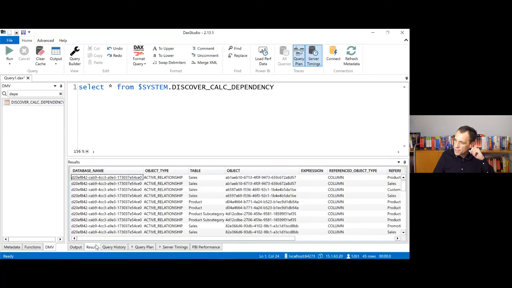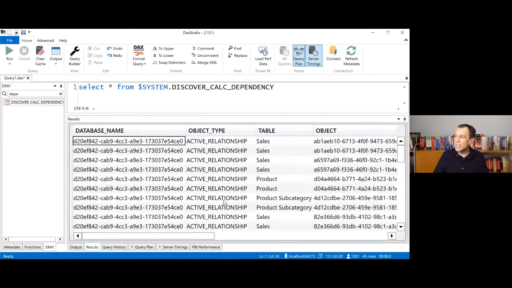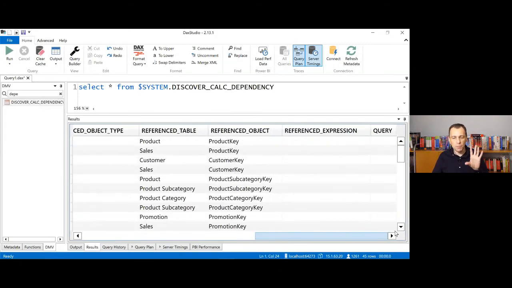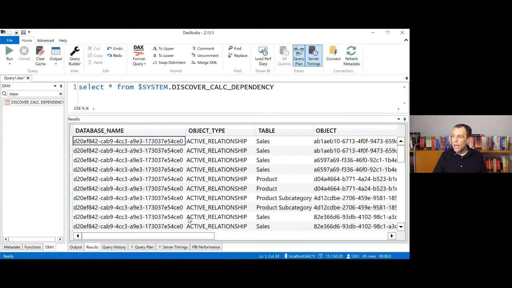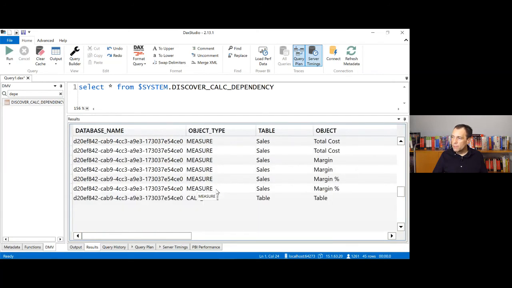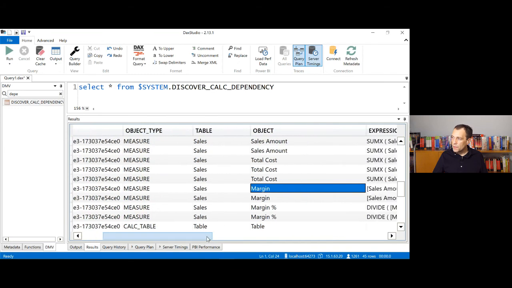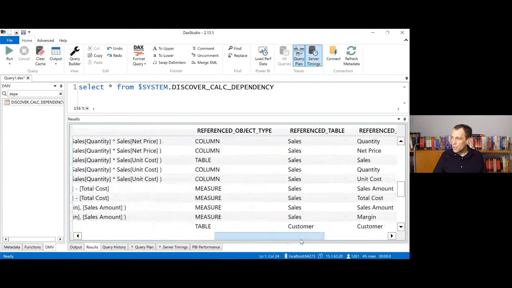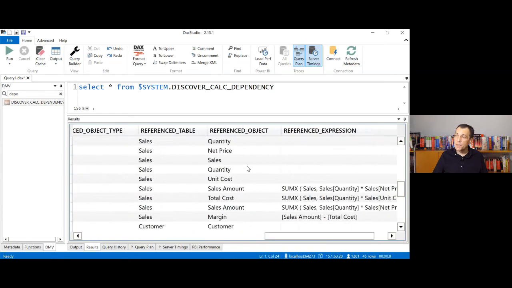But so if I go in the results here, you see that this list has a list of the dependencies that exist from a data model perspective. Okay, from a data model perspective, which means that I can see that, let's go here, we have a measure here. The measure total cost, which has this expression, is referencing these objects. So by analyzing this code, we can say whether a particular column is used or